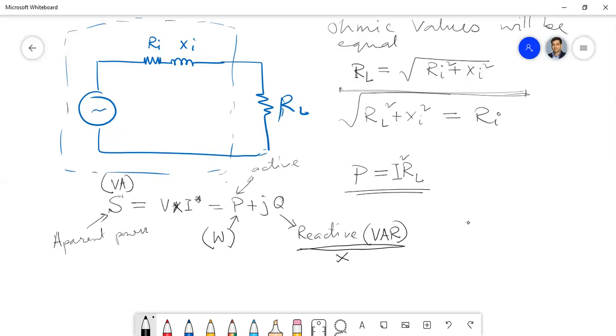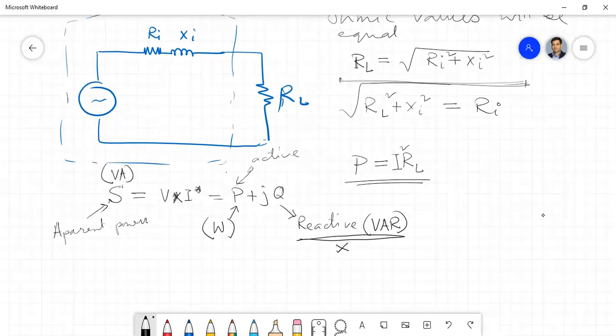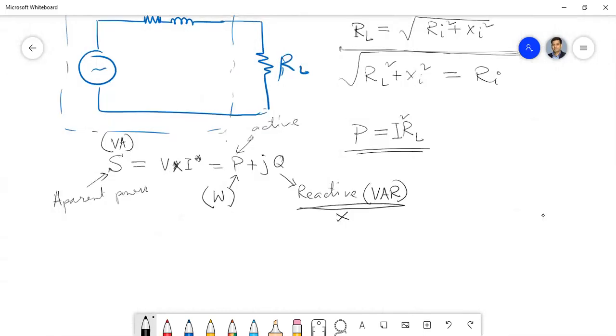Sir, I have one question. Suppose I take one practical example. There are two houses, house X and house Y, and both are using the same number of appliances for the same duration, and one is getting a bill of around 2000, another house is getting 3000. So, sir, why is there a difference in the bill amount and power consumption?